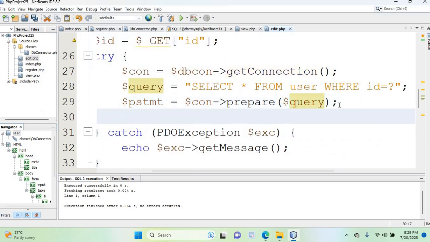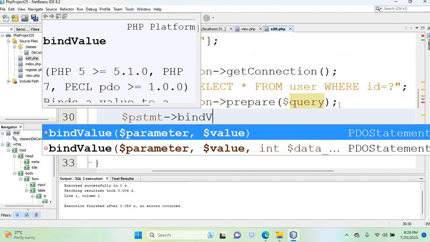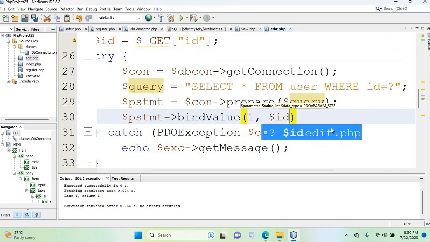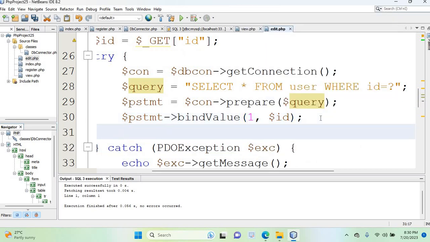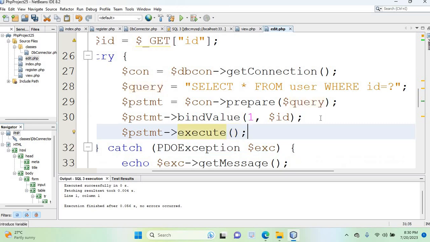So after that we are having one placeholder here, so therefore we need to bind some values. So we are going to bind value here. This index is starting from 1, and then the value here is $id. So now we are going to execute this one. So once we execute,